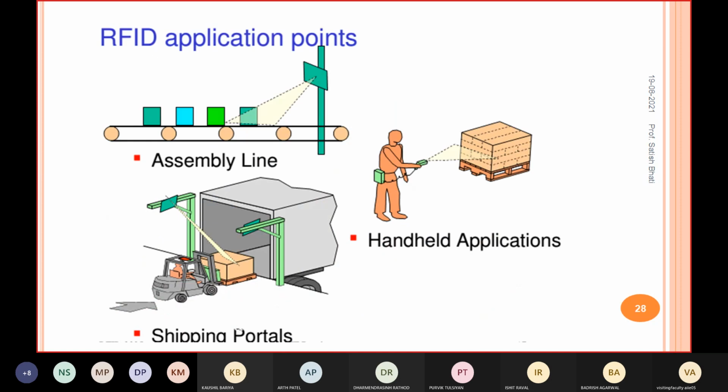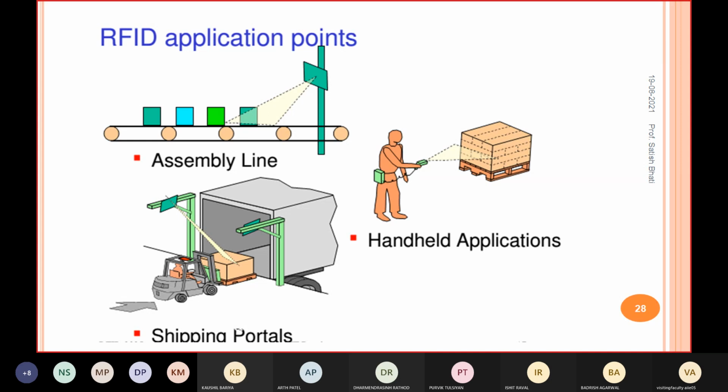So one example of RFID application is the assembly line, right? That I already told you, like at one place. So here you can see in the pole there is an RFID reader, and on each of these products, this square box, right, will have the tag. So continuously your reader will get the data from the tag, right?